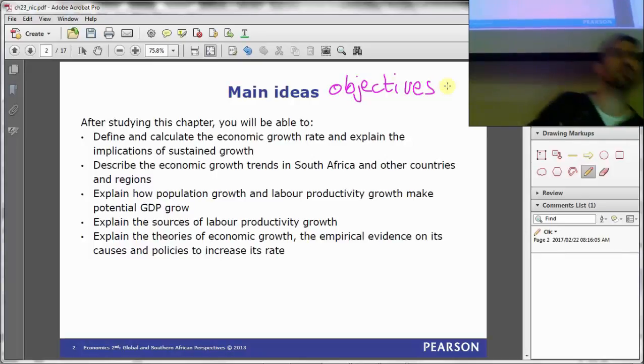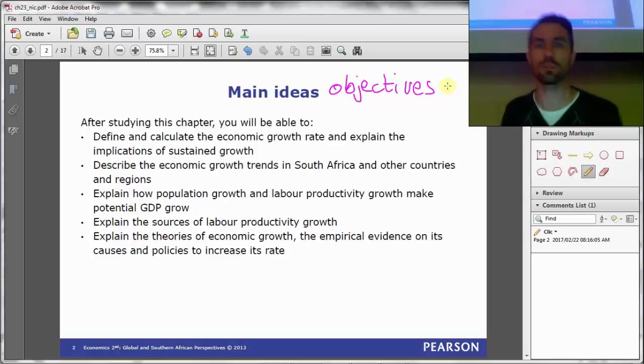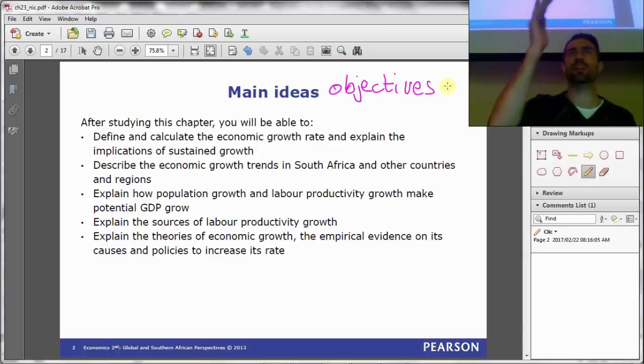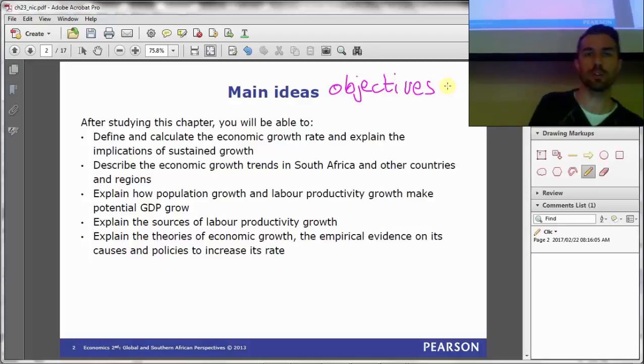Can you see that? Yeah? Okay. If you're having trouble seeing it at the back, maybe come to the front. Other people seem to be seeing it all right. As I say, I will get the tech guys to come and take a look and find out what's going on.